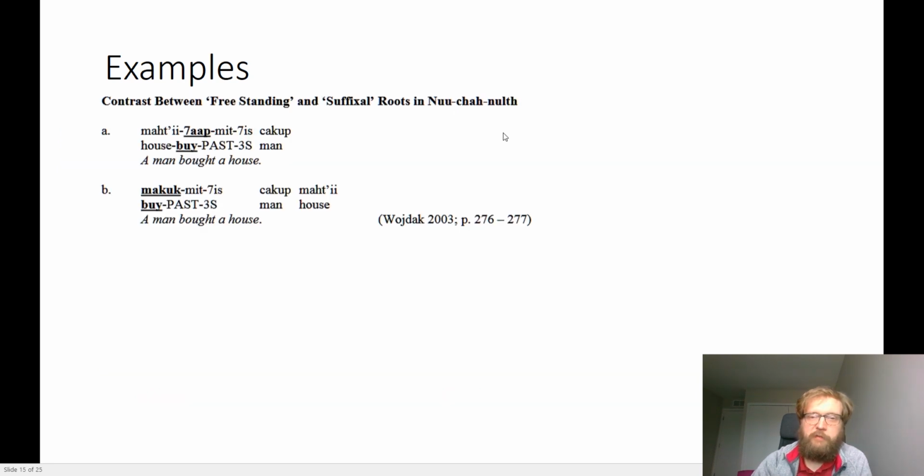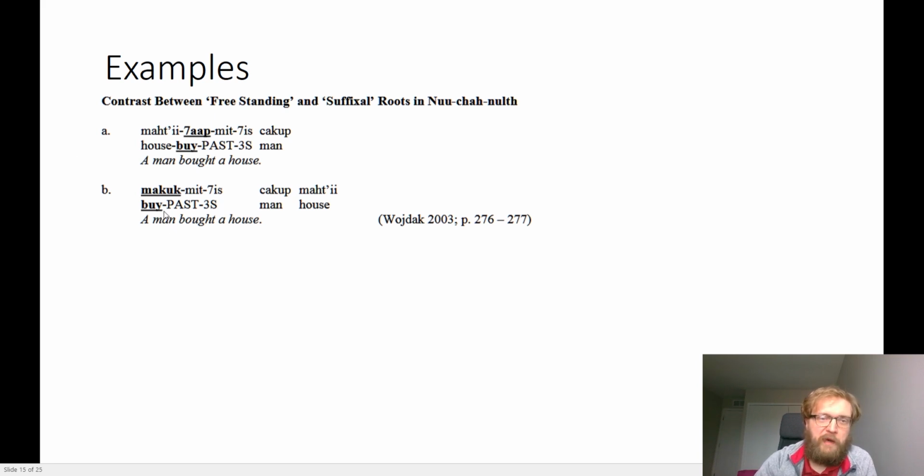This is an example from a language, Nuu-chah-nulth, which I'll show you an example of. And in it, we see this word here seems to be functioning as a verb. And you get this "house-by" as like an action that has a past tense suffix and a third singular suffix with man as a sort of object or subject of it, but it's verb initial. So you get the single argument man, house-by.